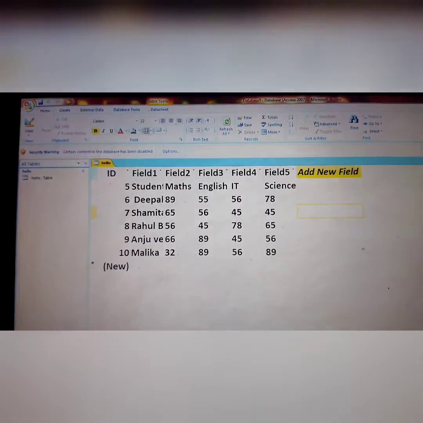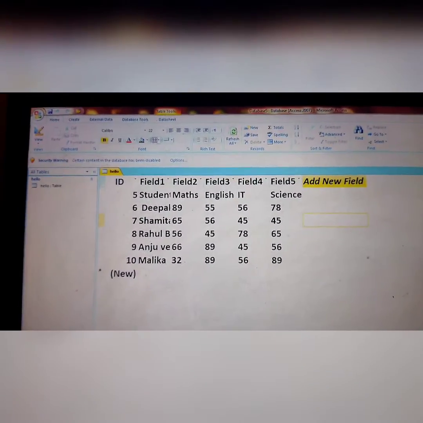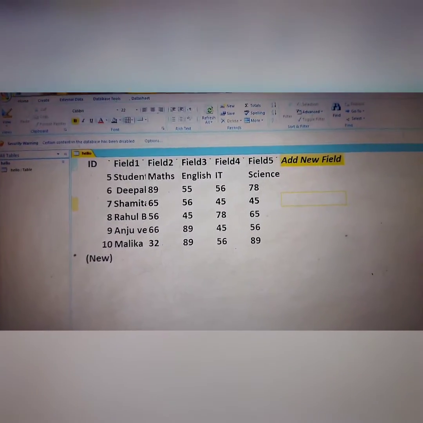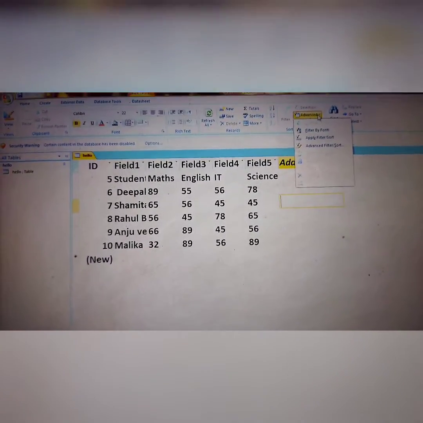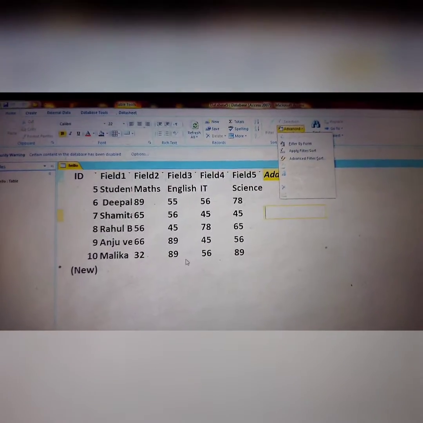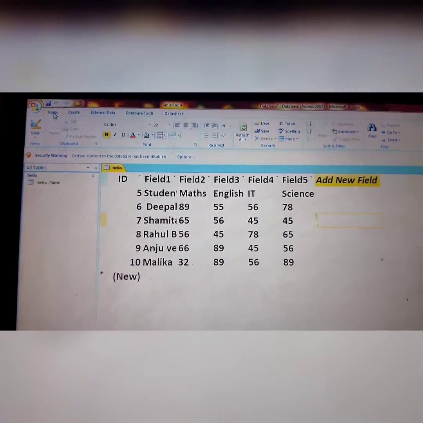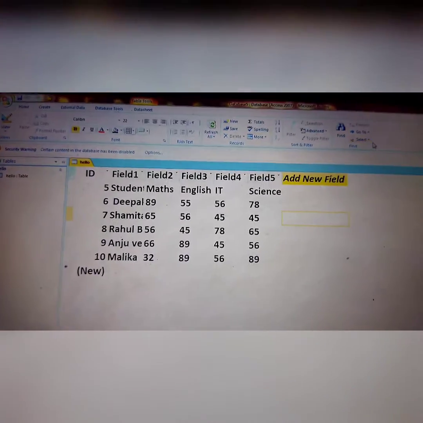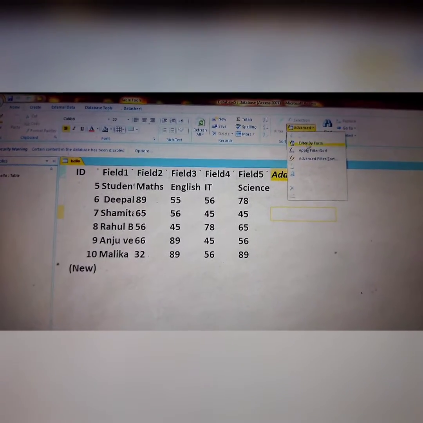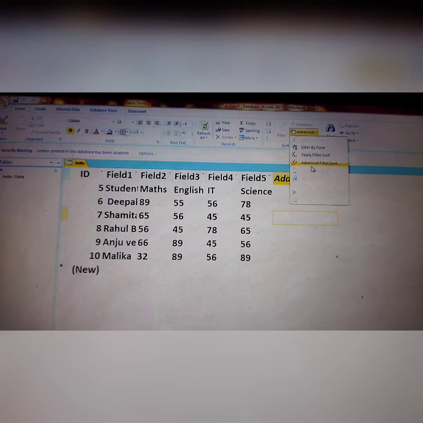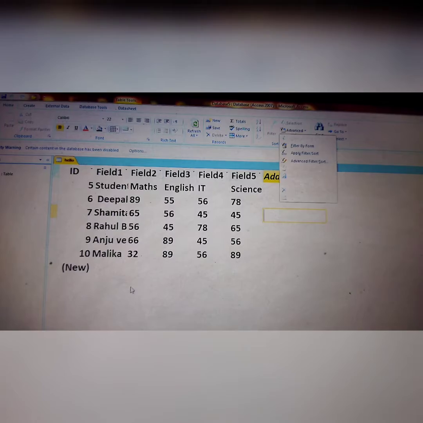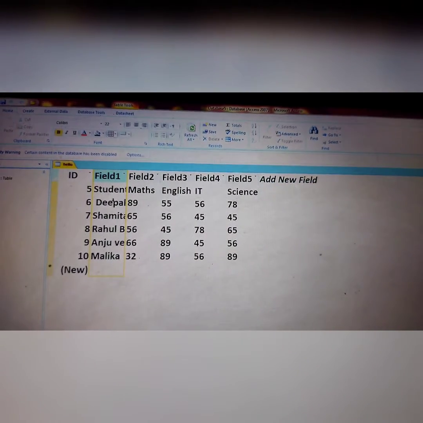Class 8, this is a table in MS Access to create student data. We will see properly, first of all, sorting and filtering. First of all we will go to advanced. We will click the Home tab, and in this Home tab click the advanced filter option. In this option you can see features: filter by form, apply filter, sort, and advanced filter sort. First of all select this field, then you apply this filter.